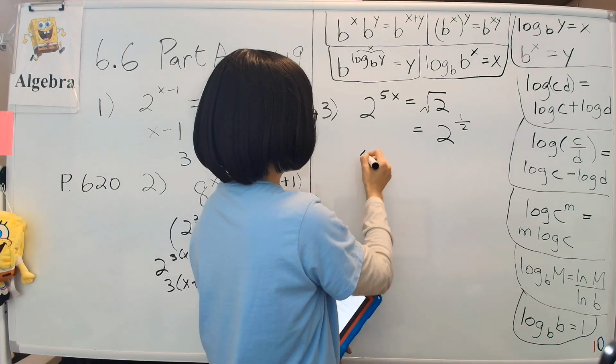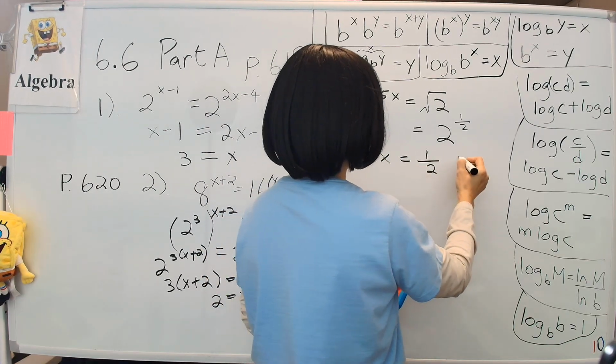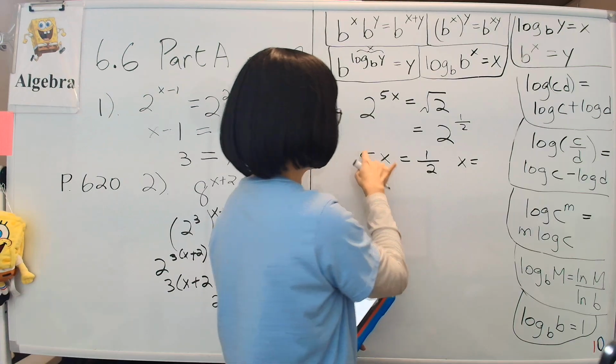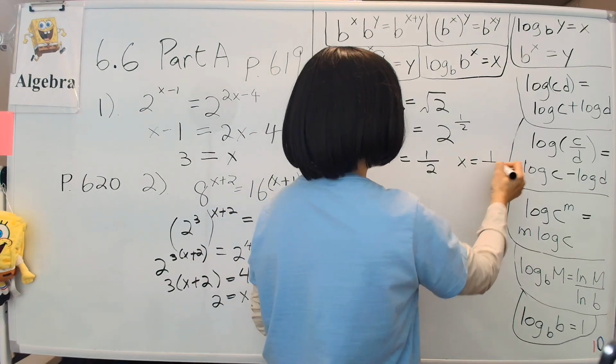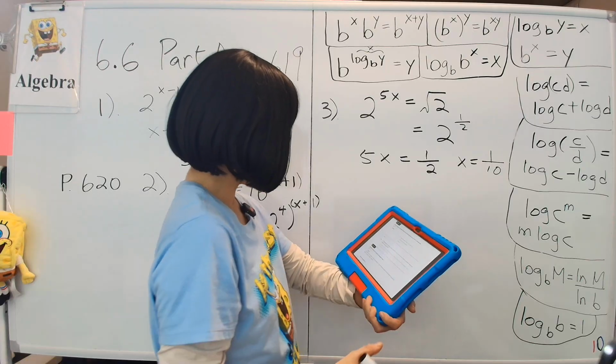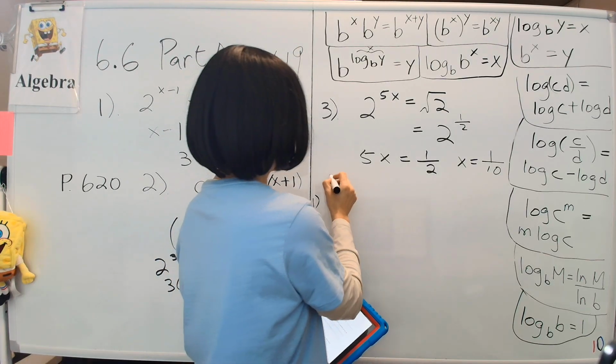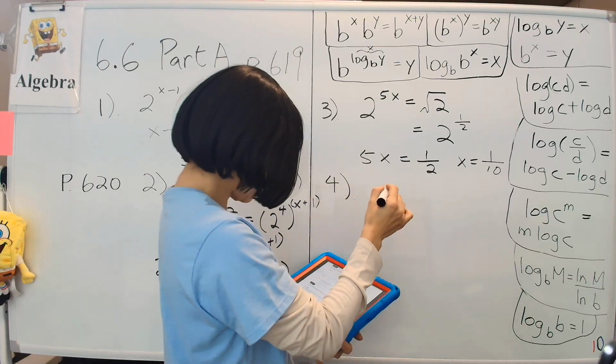So we have 5x equal to 1/2. And then, which means x then has to be equal to, move the 5 down, 1/10. So that should be the answer, and that is correct. Wow, I'm doing great. Okay, so next let's look at example 4 on the same page, where we have